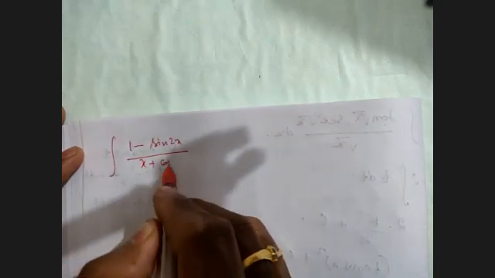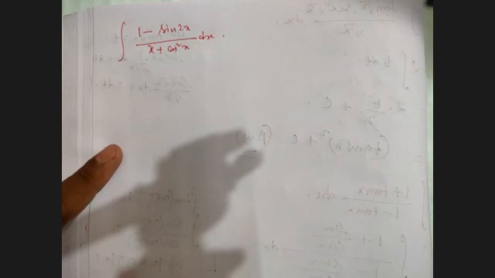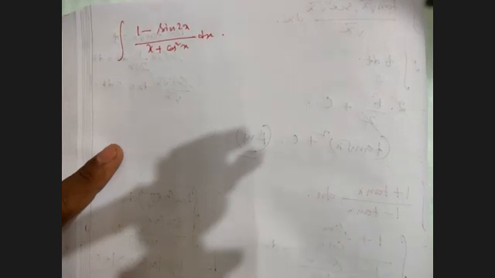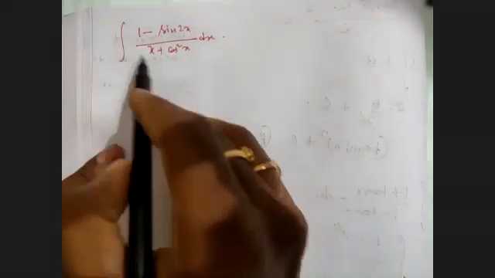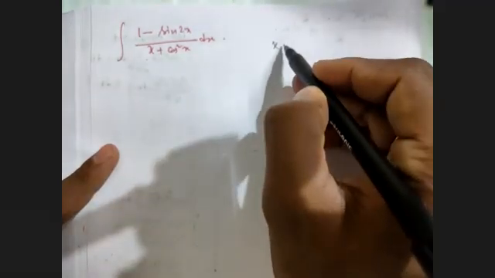Integration of (1 minus sin 2x) divided by (x plus cos square x) dx. How to do this? Which one here we have to let as t? Definitely here we have to let x plus cos square x as t, because if you let x plus cos square x as t and differentiate,